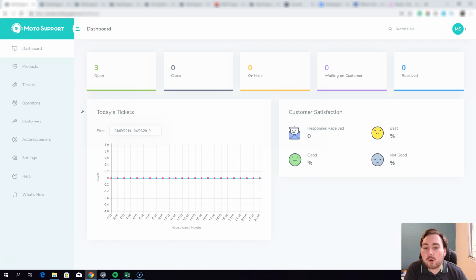Of course, we're going to be talking about the funnel. There are going to be some upgrades that are going to be made available to you when you pick up Moto Support, and we're going to be taking a look at those in depth and discussing exactly what sort of value those have. And of course, going to be looking at the sales page, take a look at the claims they're making, and you do have a couple of options on the sales page, so do stay tuned for that, because I'm going to give you some very clear advice on which of the two options I personally recommend that